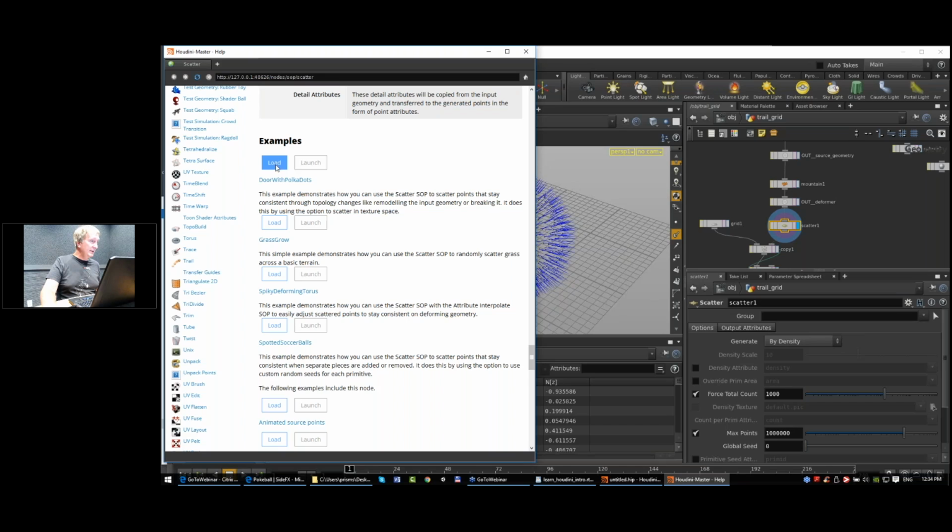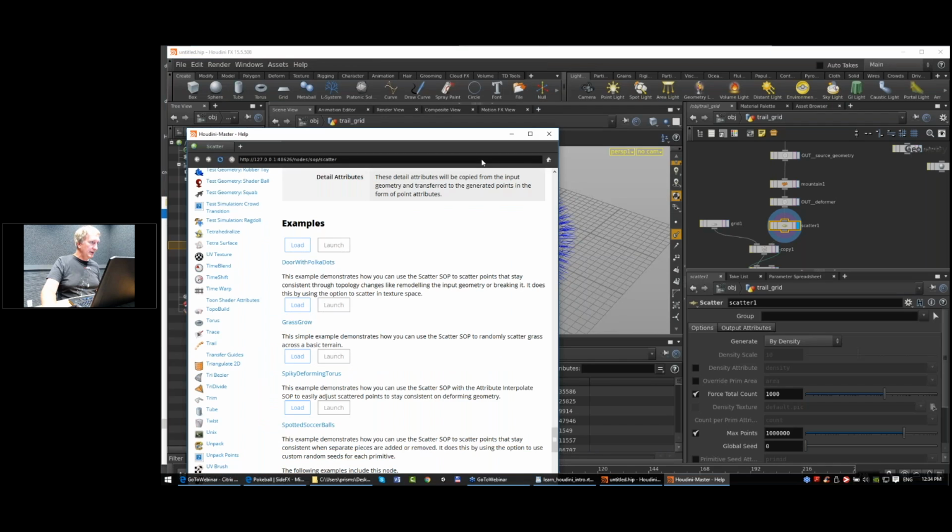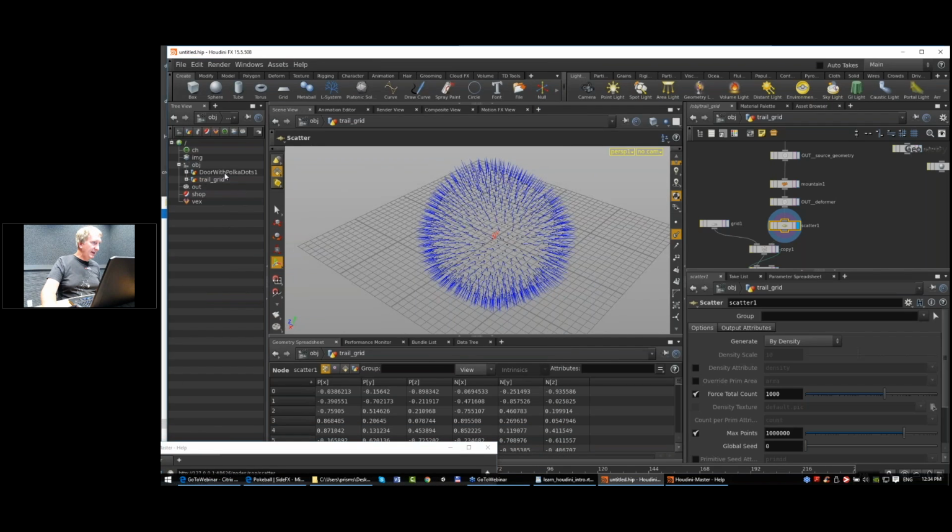So I can actually launch a brand new session, or I can load. In this case, I'm going to load. And what this does is it loads it into your current scene. So now if I move my help down and I go up, you can see that it's added a new